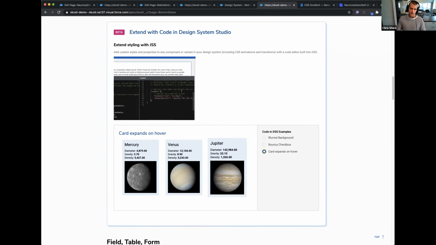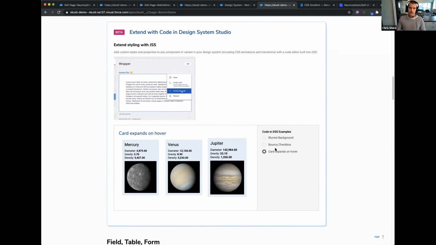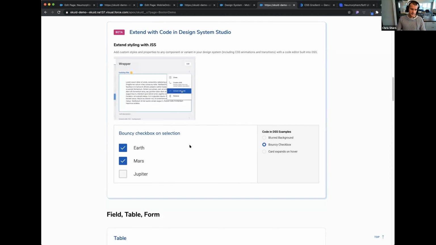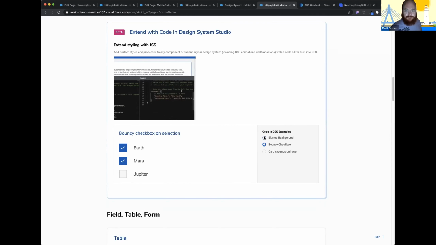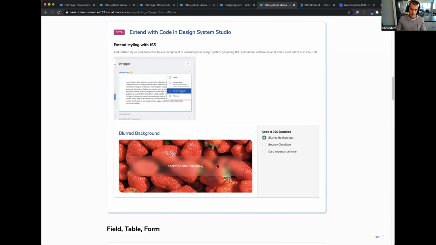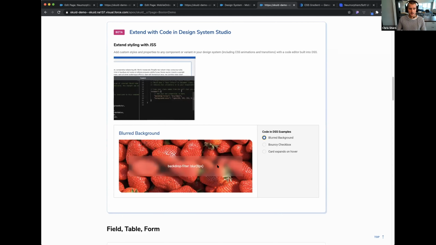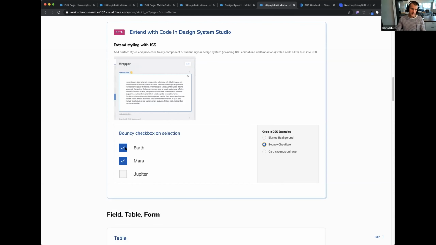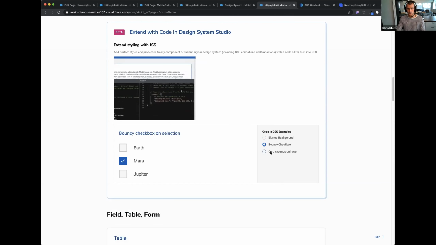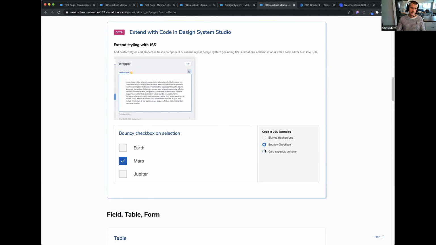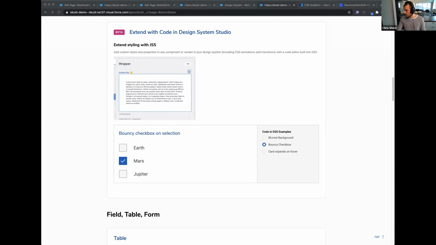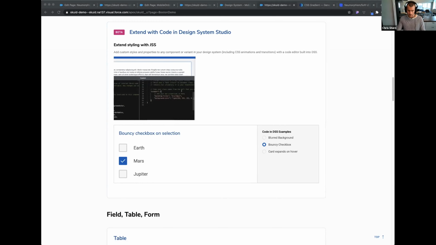So here's an example of where the card just pops on hover. There's a bouncy checkbox, which is fun. And then a blurred background, which is a really nice design pattern as well. Just make things pop a little bit. So for today, we'll just really quickly run through and show how you can extend with a little bit of code here. So let me grab the